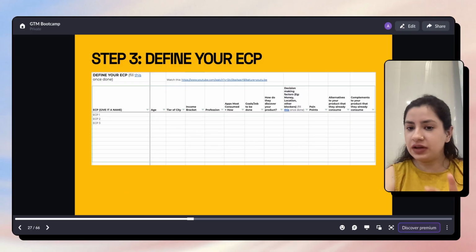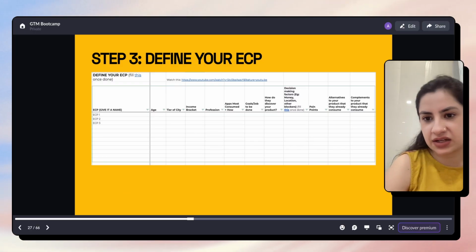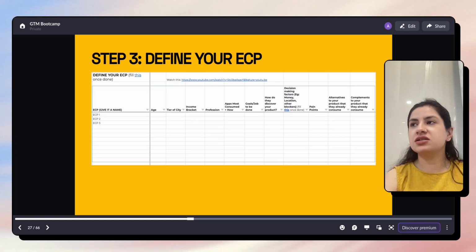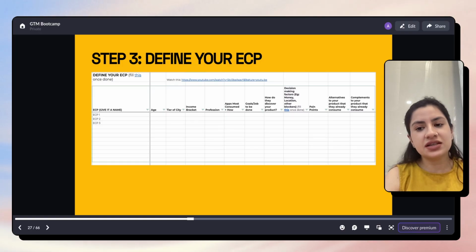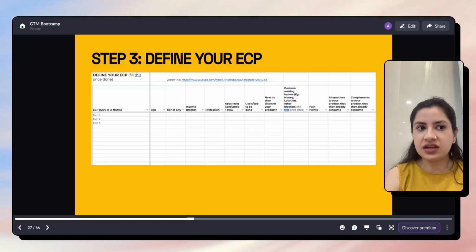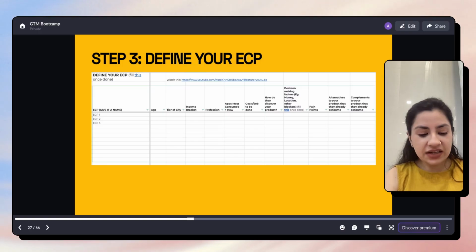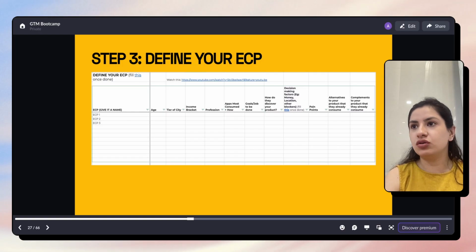Now, what you'll fill in here is obviously the age, tier of city, income bracket, profession, the basic details. What happens and where people get confused is they will fill in an age, a disposable income bracket, and believe that that's their audience. It doesn't work like that. Now, a 26-year-old who's in a tier 2 city and is married, potentially has kids, and earns 2 lakh rupees a month will have a very different disposable income breakdown than a 26-year-old who is from Kanpur but lives in